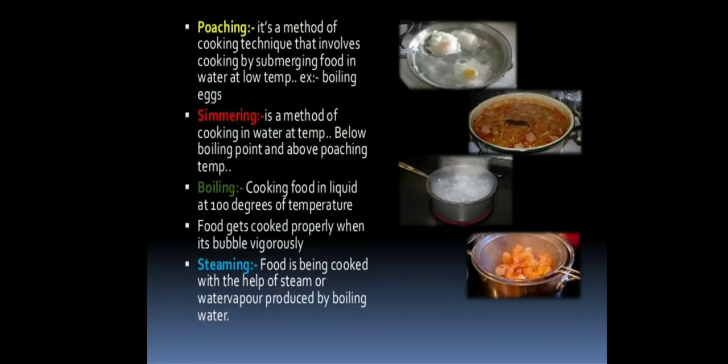First one is poaching. It's a cooking technique that involves cooking by submerging food in water at low temperature. Examples are boiling eggs. Clear? Next is simmering, a method of cooking in water at a temperature below boiling point, clear, and above